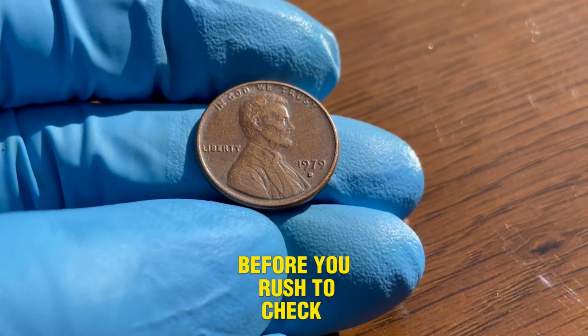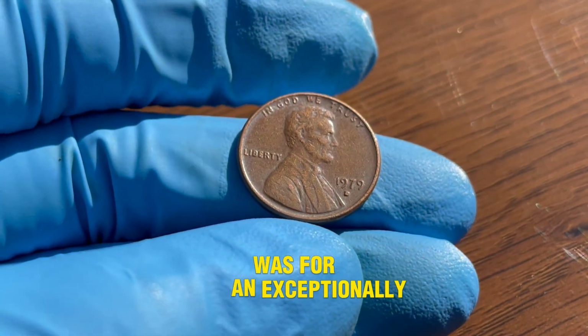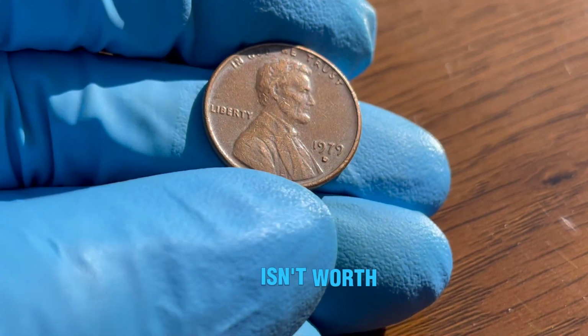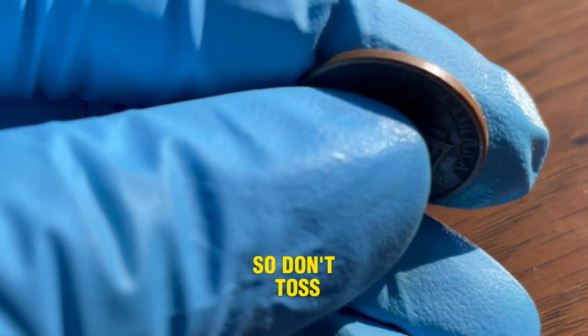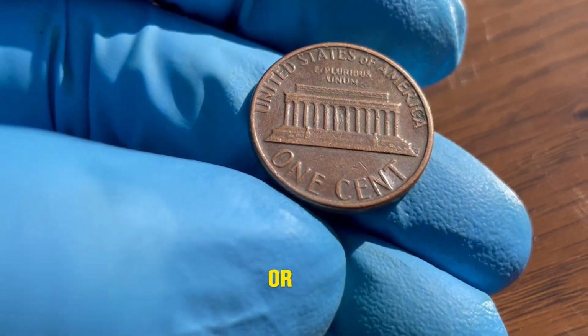Before you rush to check your pennies, remember that this $9 million sale was for an exceptionally well-preserved coin. However, even if your 1979 D isn't worth millions, it could still fetch a decent price depending on its condition and rarity. So, don't toss any pennies out just yet, especially if they have some wear and tear or unique